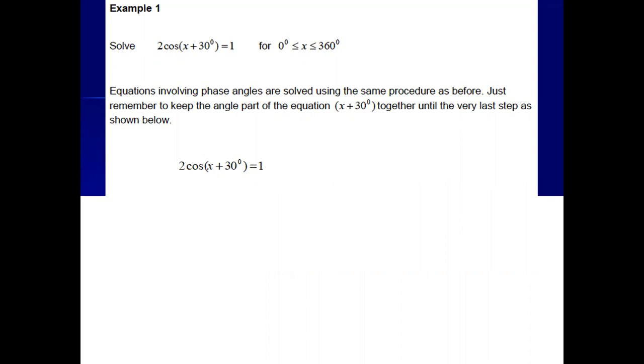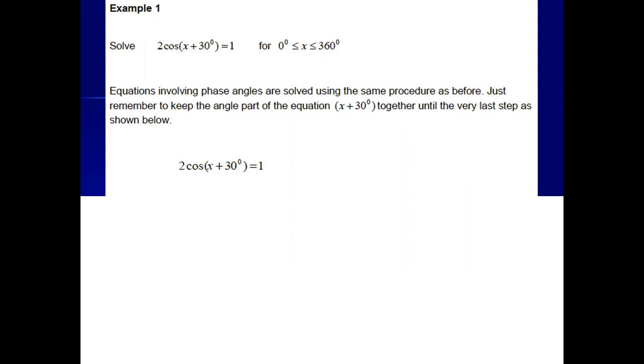Basically, what they're telling us to do here is to keep the angle part of the equation as if you had capital X equals small x plus 30. So you keep that together until the very last steps. So let's have a look at an example. So if I've got 2 cos(x + 30) equal 1, if I want to keep that